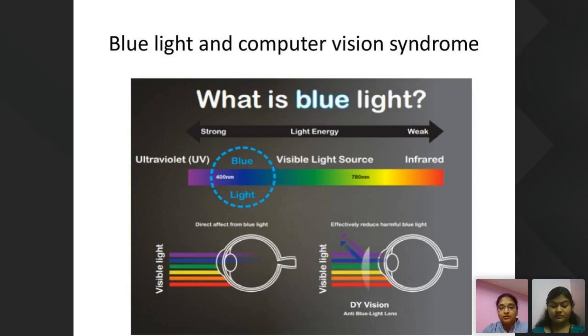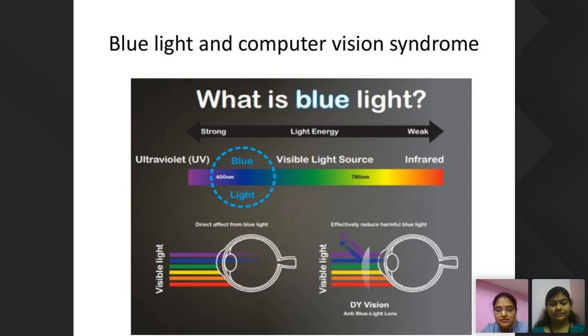Okay, next is computer vision syndrome. I should not omit saying something about blue light. Blue light is a shorter wavelength. It gives the mobile phone its brightness and clarity of the image, everything. There will be orange, red, and green visible light as well, but they will reflect here before getting into the eye.